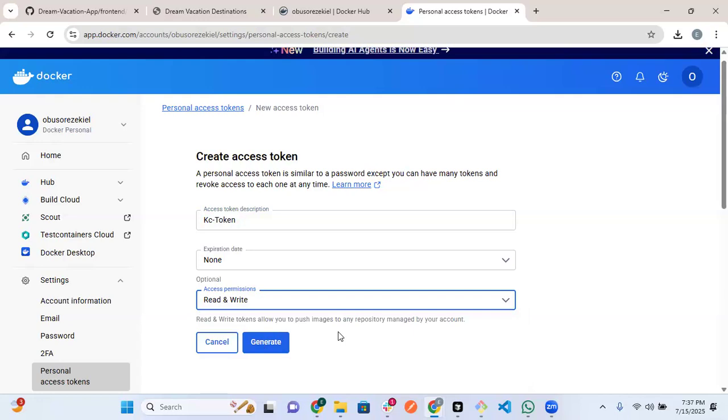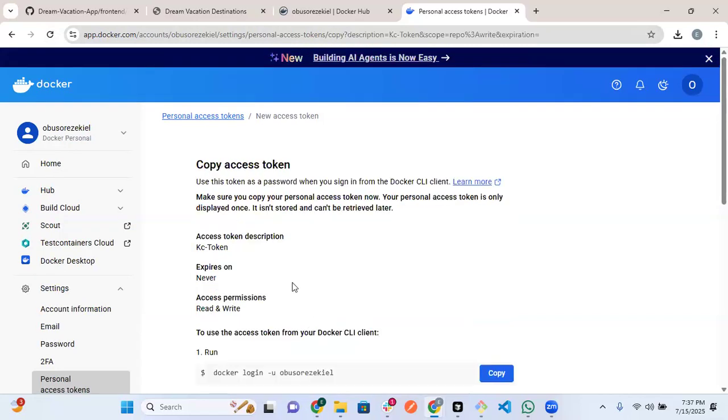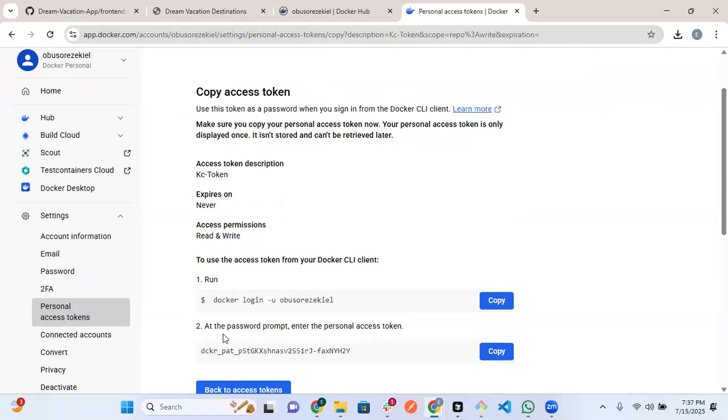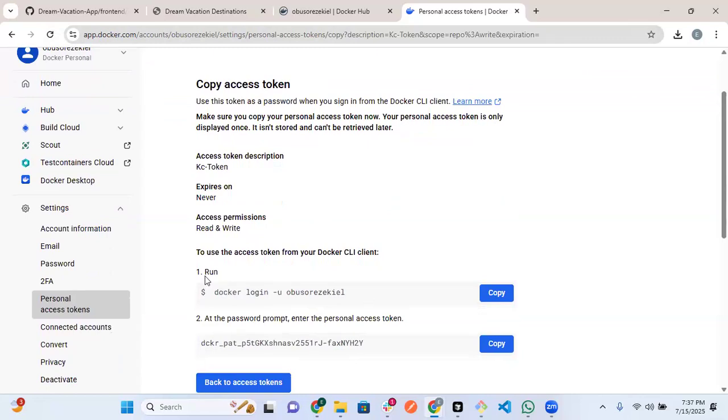Please copy those characters into a notepad. Please copy them into a notepad, because if you leave this screen or you refresh this screen, my brother, you won't see that token again. So you generate and copy it into a notepad. Once you copy this thing out,